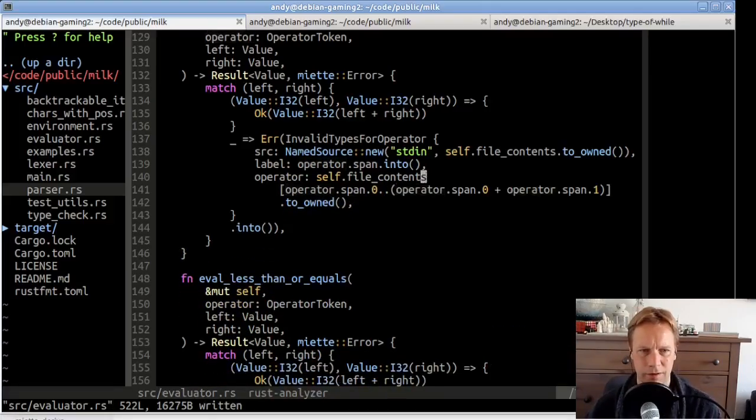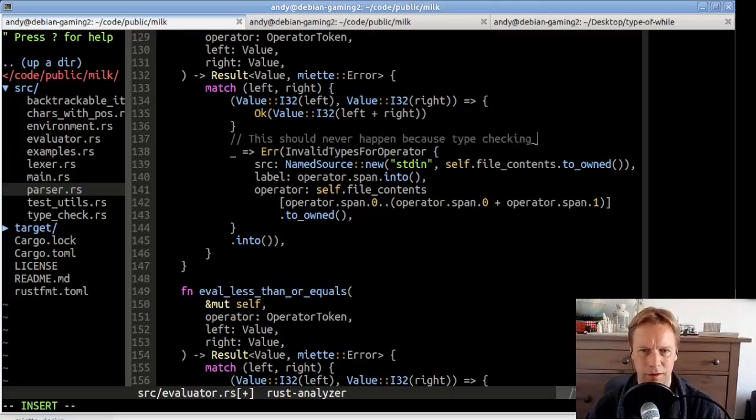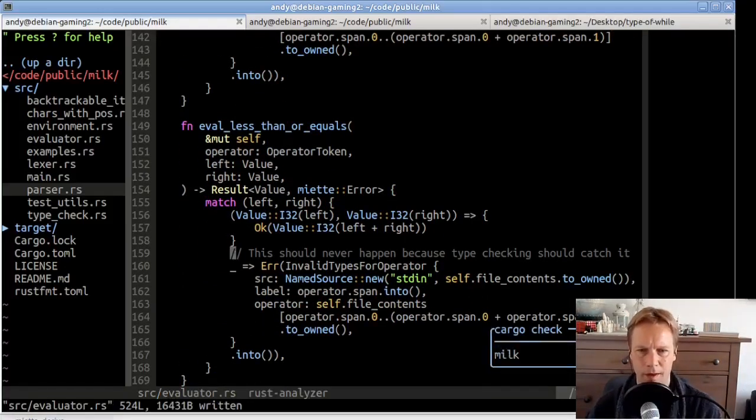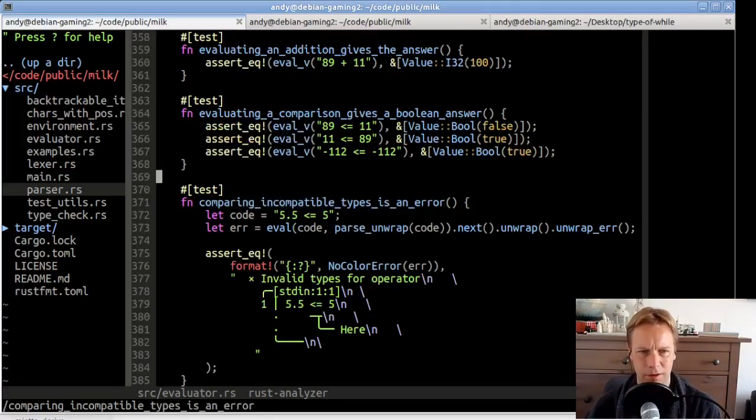And then let's write in something here that says, this should never happen because type checking should catch it. But I want to leave it in. Maybe the error should say something different, like this should never happen. But yeah, we'll leave it in for now because it's better to have a nice error message than none at all. So I guess I probably want to add a comment here saying